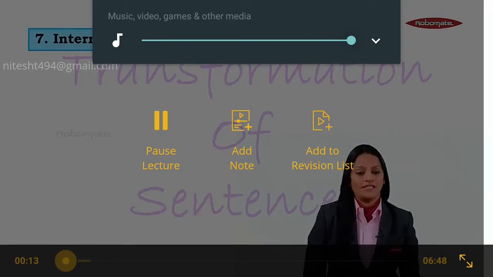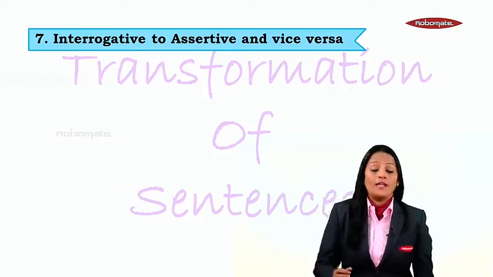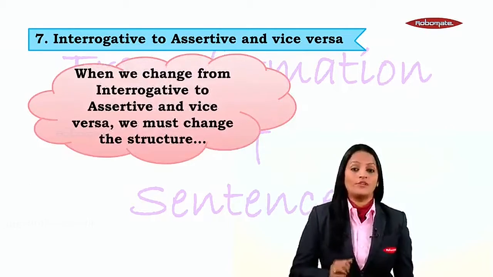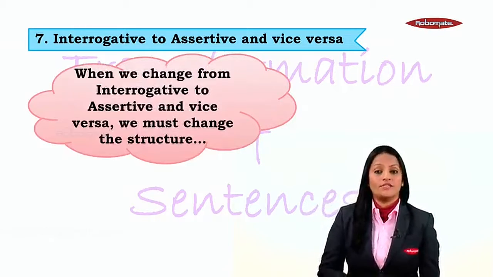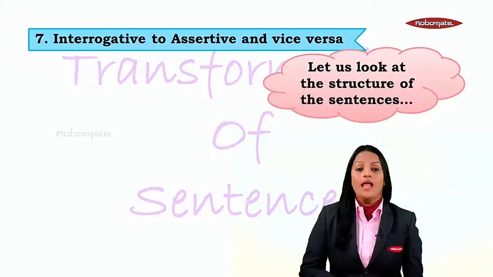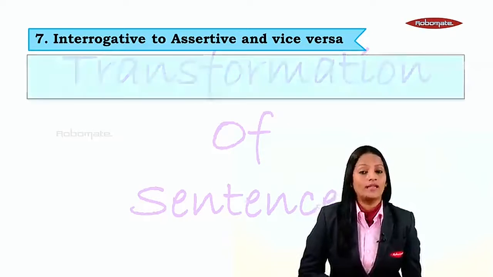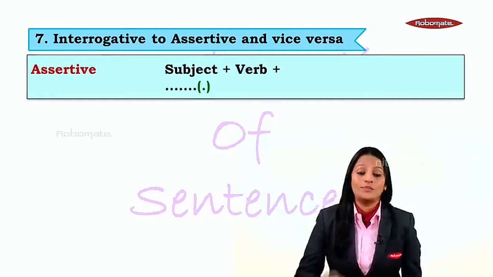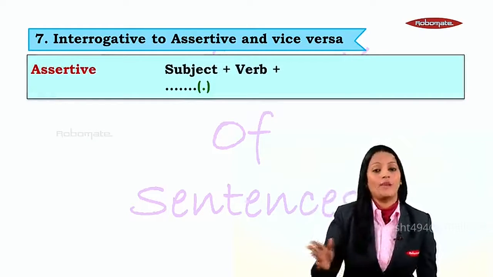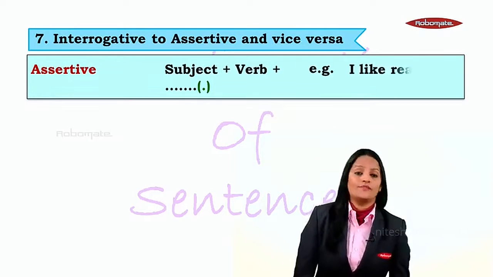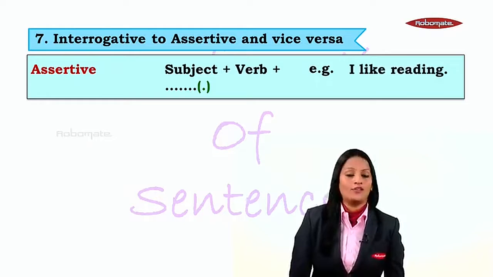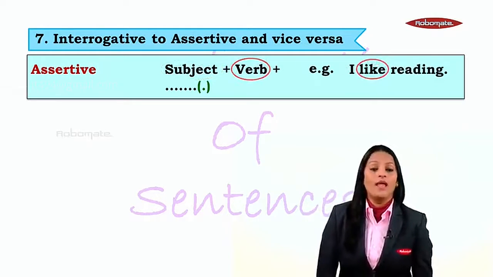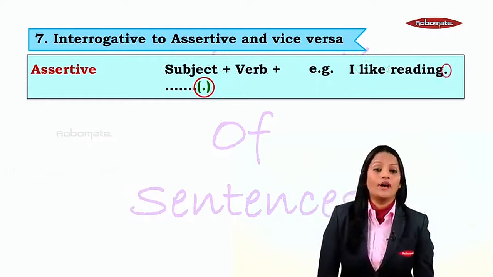Assertive and vice versa. Now, like before, first we will see the structure. So when we change from interrogative to assertive and vice versa, we must change the structure. And now let us take a look at the structure. Assertive, as you know by now, is subject plus verb plus maybe some other parts of speech ending with a full stop. Example, I like reading. So here we have I as the subject, like as the verb, and then we end it with a full